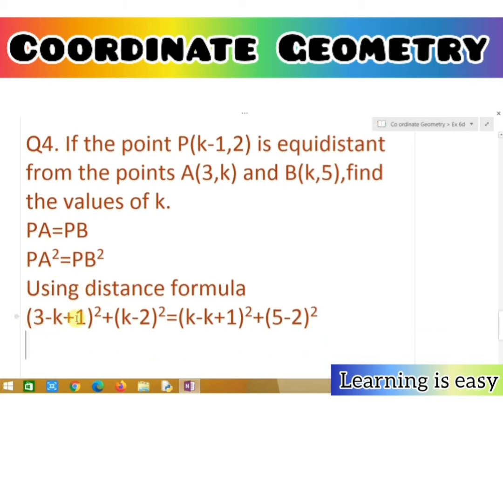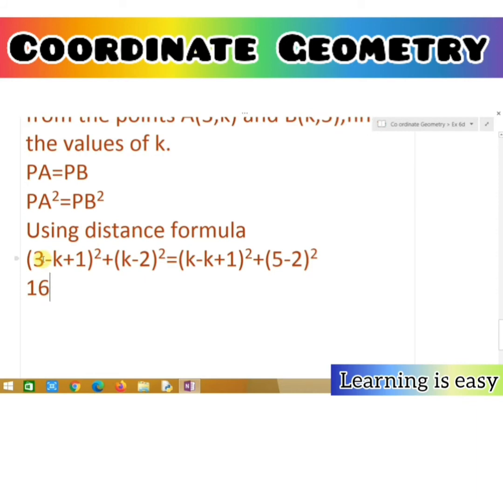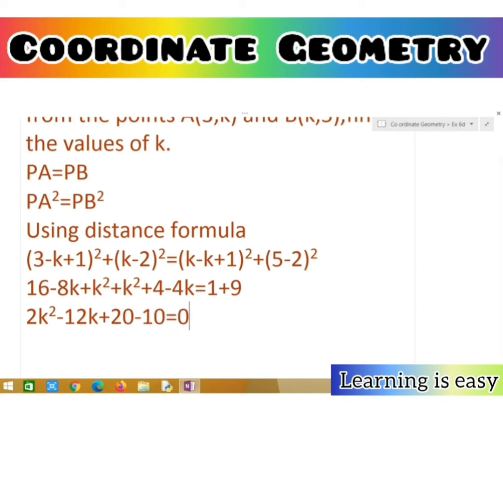So we got PA square equal to PB square using the distance formula. So 3 plus 1, 4 square is 16, and you can expand as per (a plus b) and (a minus b) whole square. And then we see 2k square minus 8 minus 4 is minus 12k, and the numerals minus 10 from the RHS, 1 plus 9, so that's minus 10. If you see now, it's completely divisible by 2. So for simplifying this, k square minus 6k plus 5